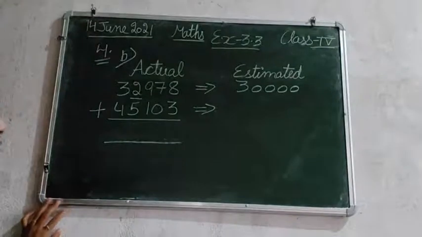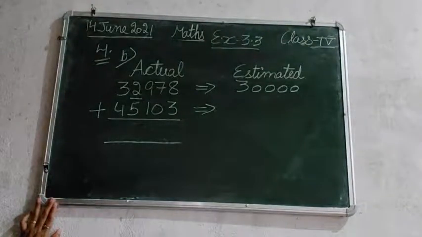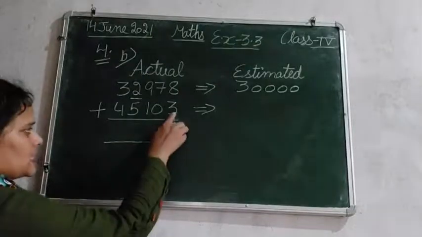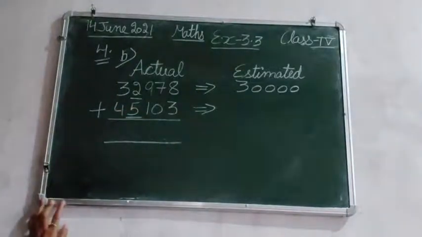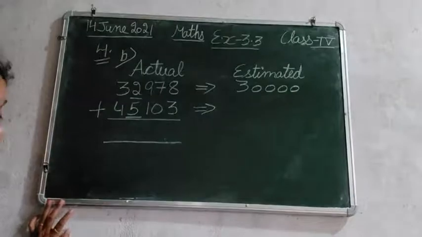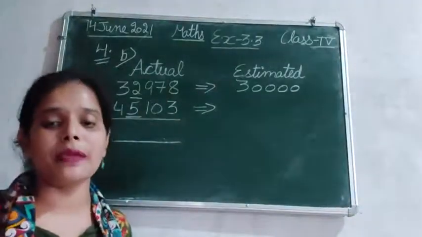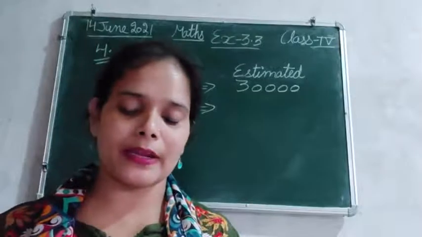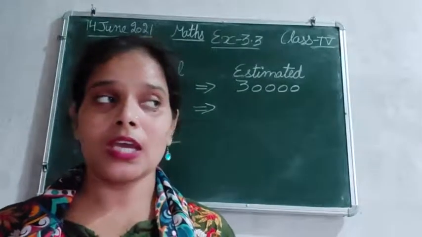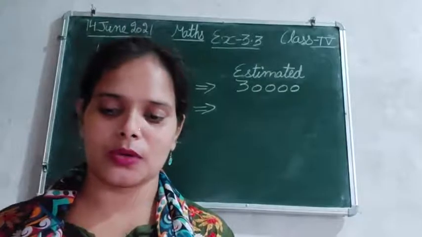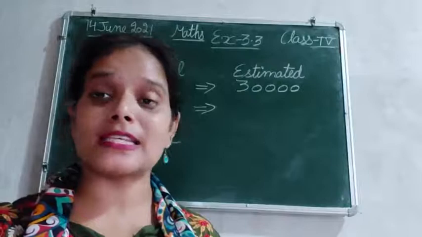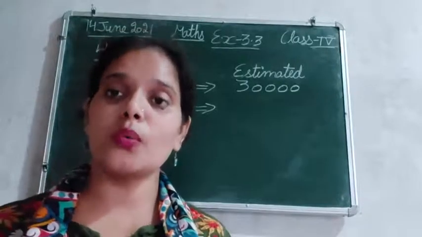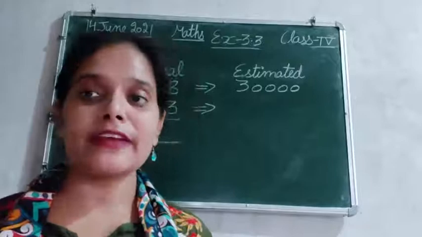For rounding off to the nearest 10,000, we will observe the number that is at the thousands place. Ones, tens, 100, 1000. In 45,103 we are having 5 at the thousands place. अब देखिए यहाँ पे हमारे पास 5 है. इससे पहले जितने भी सम्स किए, उसमें हमें 5 से छोटा या 5 से बड़ा देखना होता था, correct. But in this we have exactly 5. This is the important one.